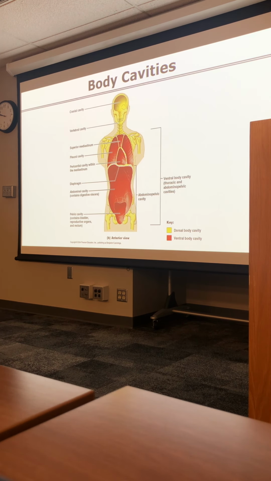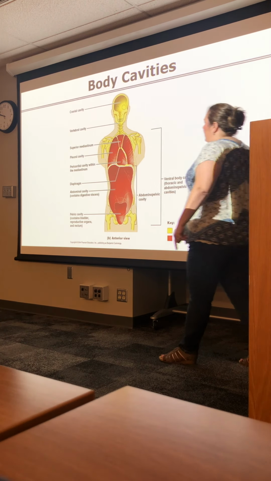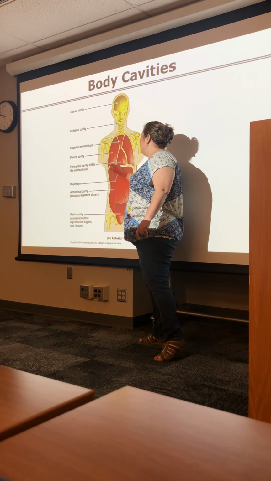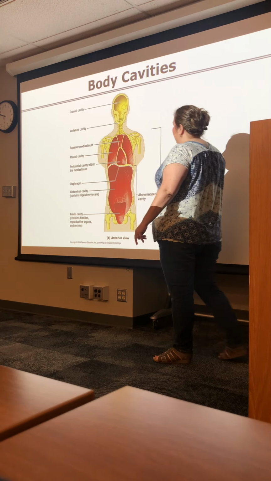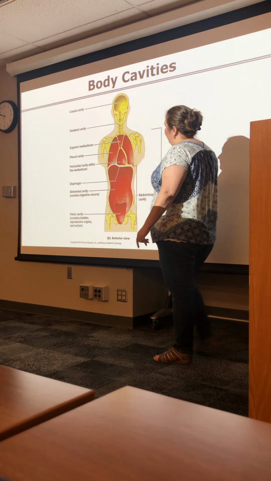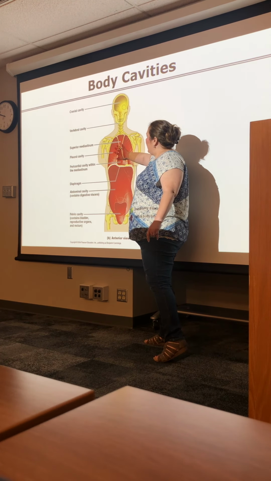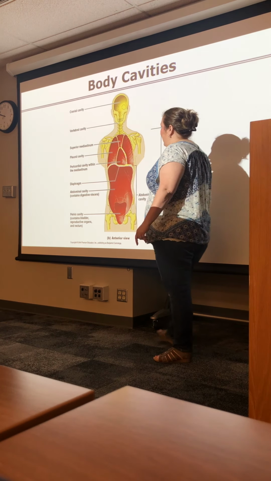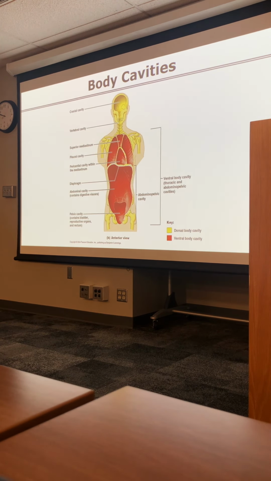Ventral body cavity is going to house internal organs known as the viscera. We talked about that before. And we know that located within that ventral body cavity is the skeletal muscle known as the diaphragm. That diaphragm is going to divide that ventral body cavity superiorly into the thorax and inferiorly into the abdominal pelvic cavity. We can do further divisions then from that point, looking at the thoracic cavity that can be divided into